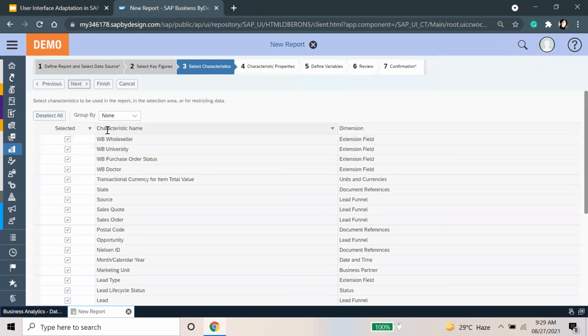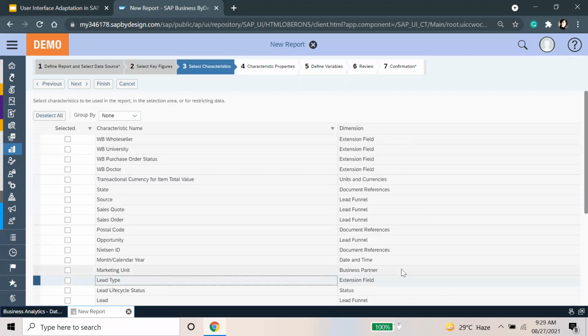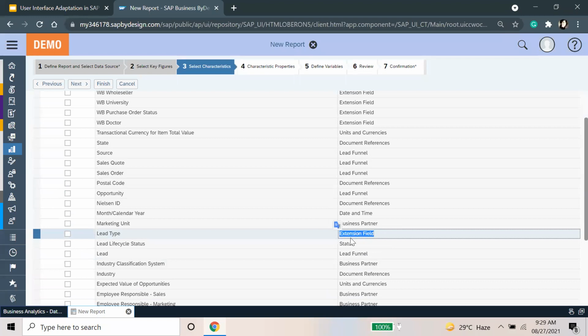Yeah, here we can see that these all are available characteristics, and if you look closely, we have the lead type and the dimension is the extension field. So this is how it has shown from a sales code screen to the data source and to this report. If I take this and create the report, then I will have the option to use this lead type. Same way we can just do it.